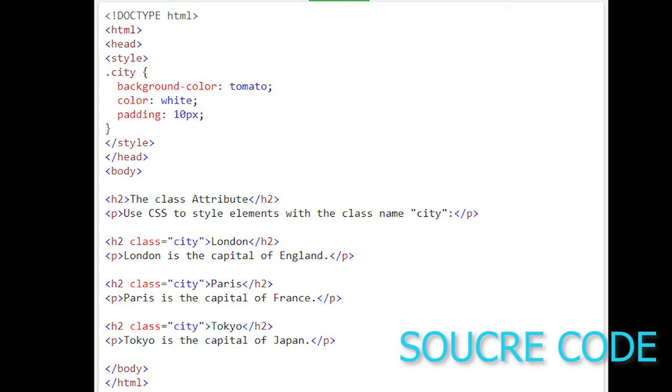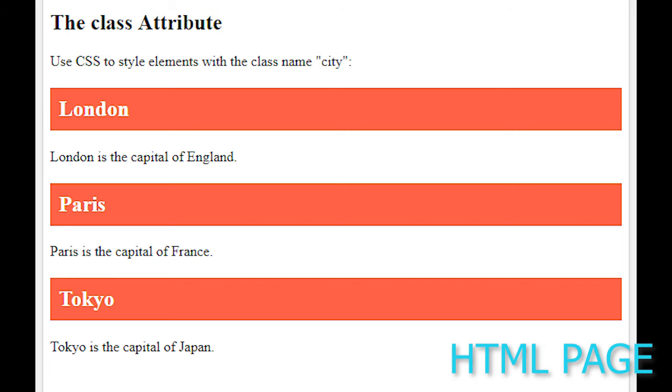<h2 class="city">Paris</h2> <h2 class="city">Tokyo</h2>